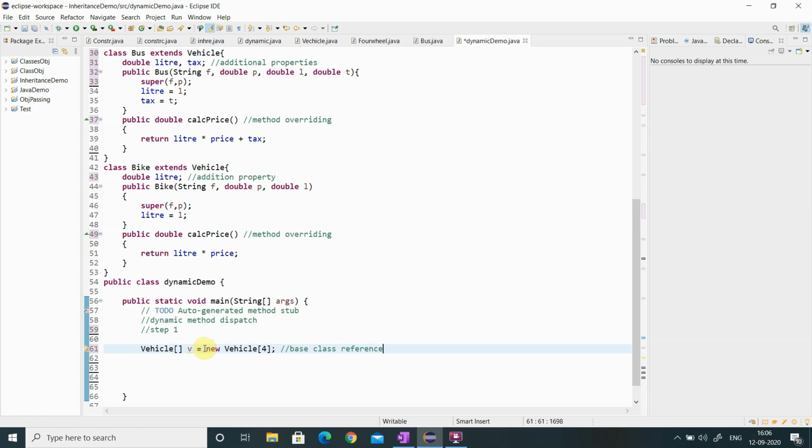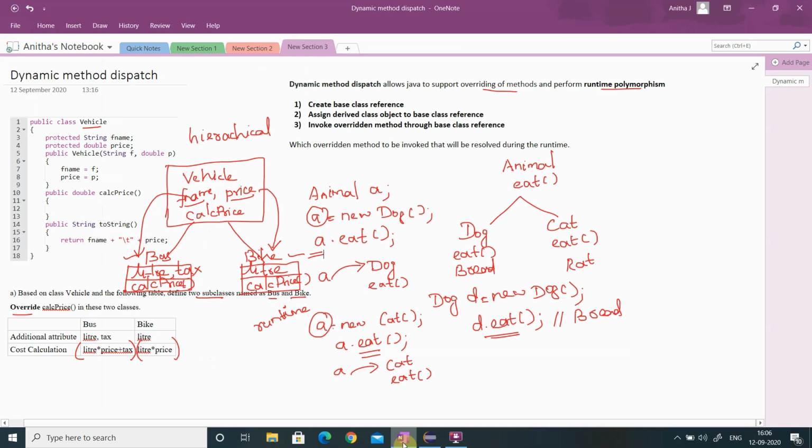This new keyword now creates only an array, so 4 array elements are now allotted. You can see here how it will be: I have a reference Vehicle V, which contains only the references, so 1, 2 and 3, an array of vehicle class references created.